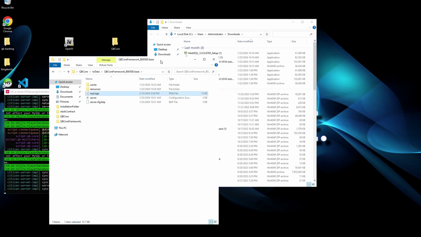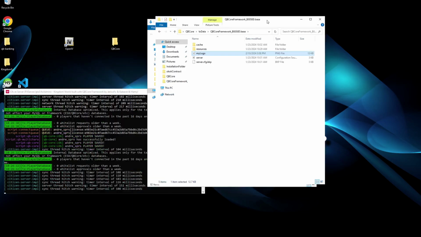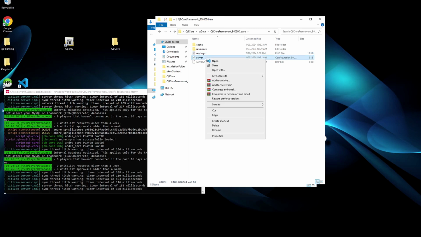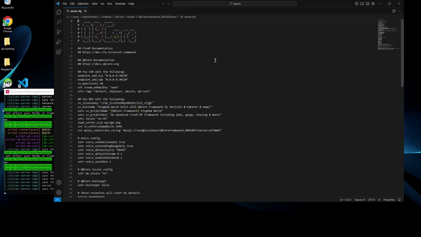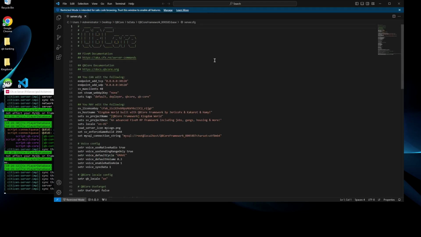Cool. So now the next thing we want to do is change the name that's showing and the description, and we need to do that in the CFG file. So we'll right click server, open that up. And as you can see here, we have the tags that we're going to change, host name we're going to change, project name, project description. So tags,